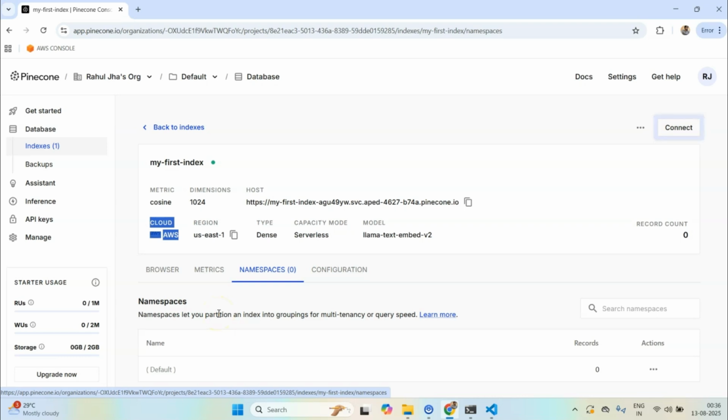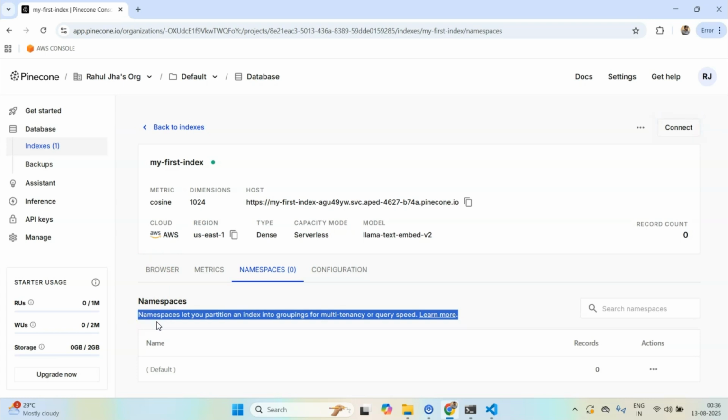Namespaces allow you to think about a partitioning of the index. Now why might partitioning of the index be important? For example, if you have a use case where you are dealing with billions or millions of vectors, and a user makes a semantic search query, you don't want them to search through your entire billion collection of vectors. You want them to only search through a subset of those vectors, and that's where namespaces come in. And as we will see later, when we create a Python script, we actually insert our records in a namespace.